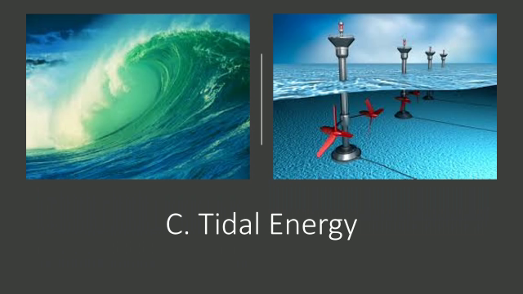Third, tidal energy. Tidal power or tidal energy is used by converting energy from tides into useful forms of power, mainly electricity, using various methods. A wall is constructed at a narrow region of a creek. Due to waves generated by high and low tides, the turbines of the generator fitted in the wall start rotating and electricity is generated. Although not yet widely used, tidal energy has the potential for future electricity generation.